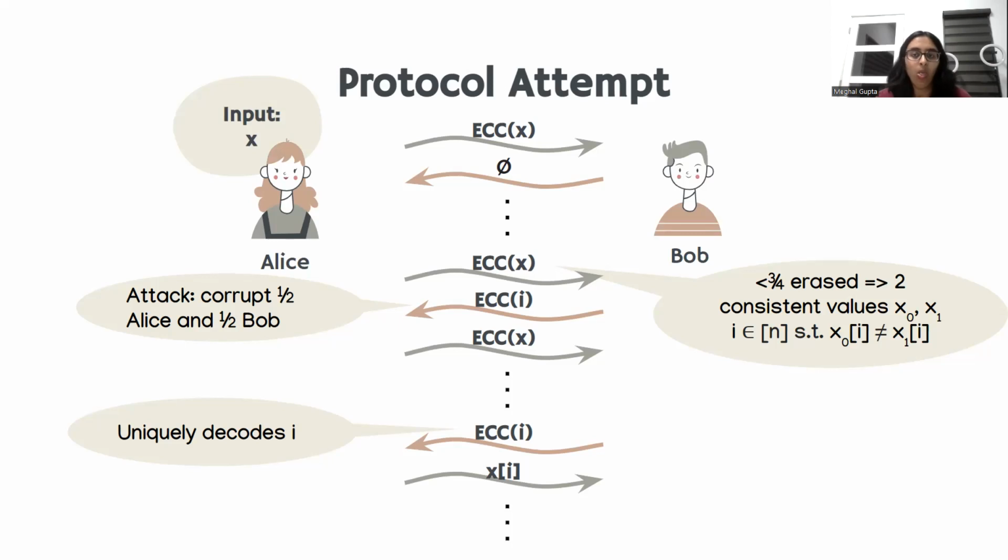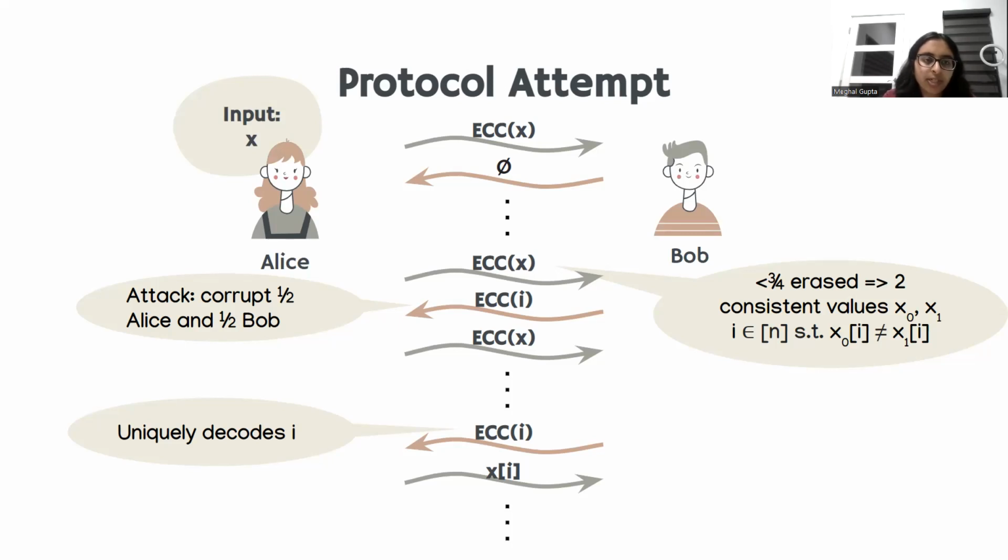And by the same logic as step 1, Bob will eventually receive a message of xi that is less than 3/4 erased. And in fact, from that, he will be able to tell what the message was uniquely, since there are only 2 possibilities, the all zeros and the all ones message. So basically the point is, if a section of the protocol is being corrupted a lot, it extends in length until it has been completed.